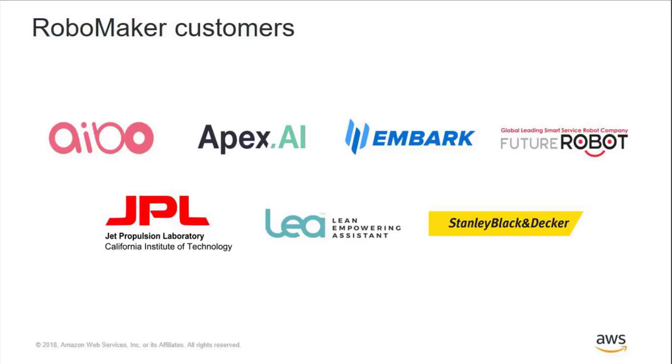Apex AI is developing a self-driving car. Stanley Black and Decker, they're in the construction business. They built an autonomous drone and ground vehicle to take sensor and LiDAR data from the construction site and then build a model for virtual inspection purposes, which will dramatically improve the worker safety for folks who need to do